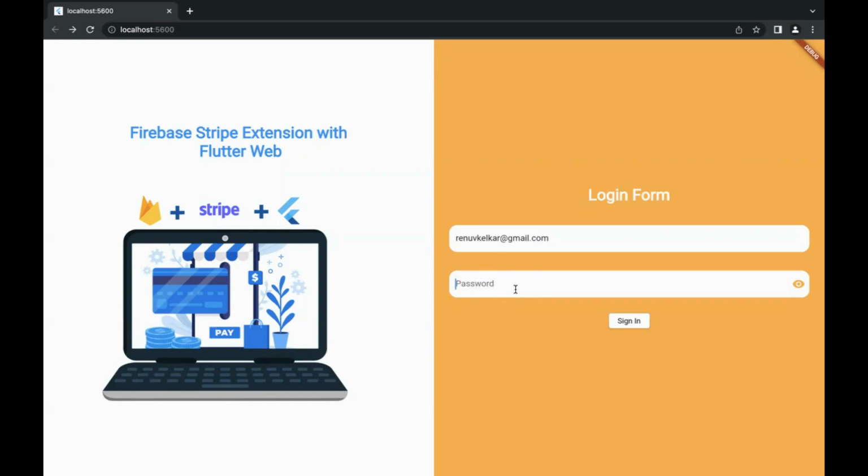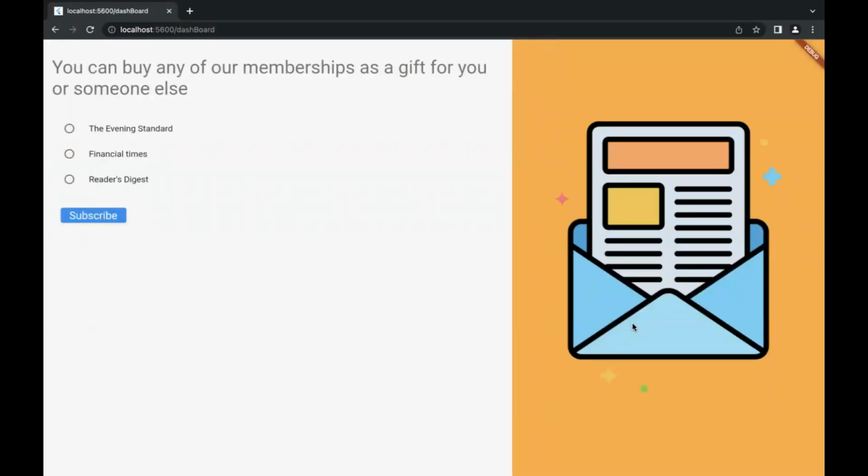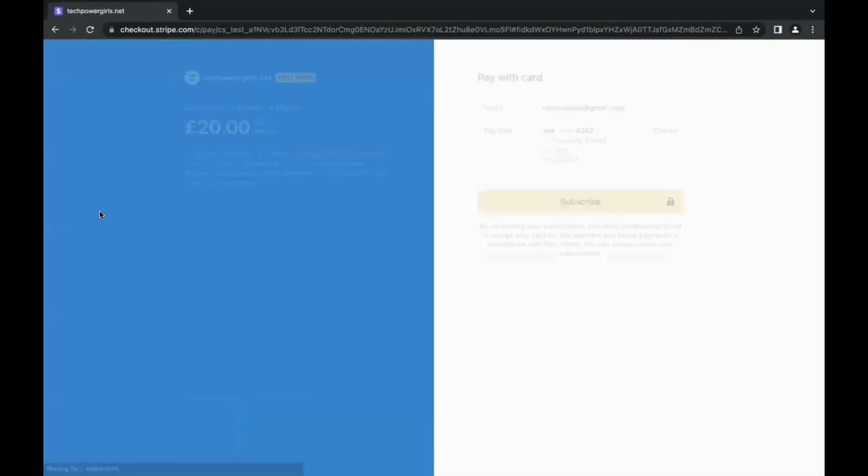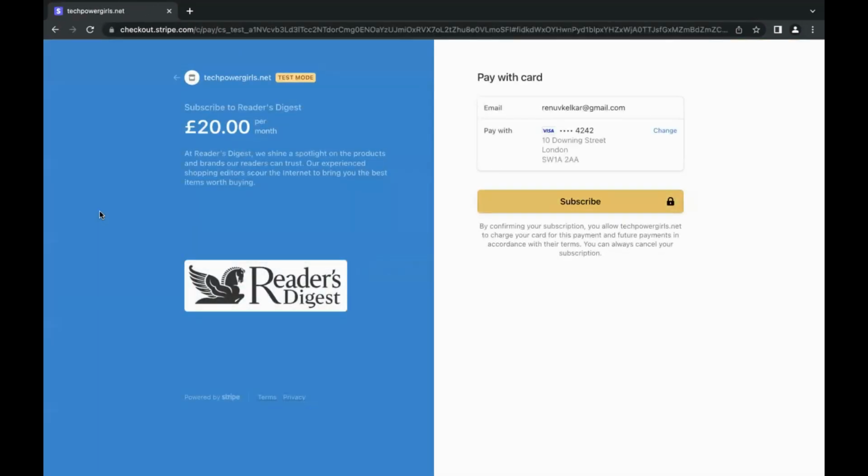Let me add some password. Okay, so once you have authenticated the user, you will come to the dashboard page, where you have to select one product which you want to subscribe to, and click on the subscribe button. It will take some time loading the page. So it will redirect you to the